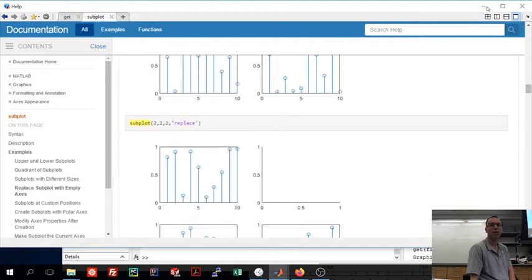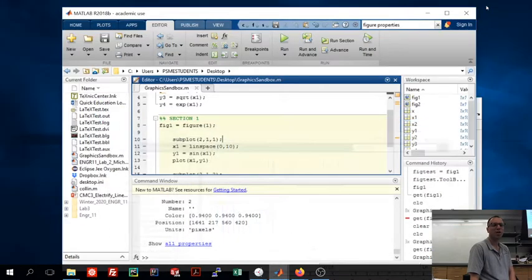So I'll let you read that documentation on your own. What I do want to share with you is something that I haven't seen done in MATLAB's documentation, but is kind of useful. In the same way that we use handles to talk about figures, we can also use handles to talk about subplots. So here,